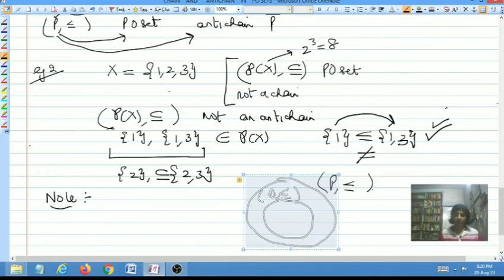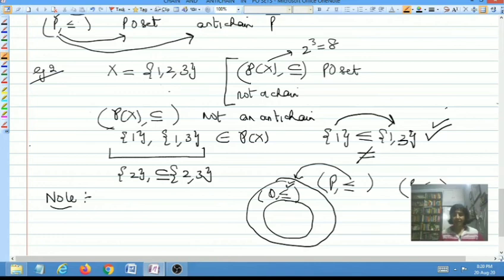This ≤ is the induced order, the same order as this. Now I'm moving a step further: if (P, ≤) is a POset and Q is a subset of P, then (Q, ≤) is not only a POset with respect to the induced or inherited order,